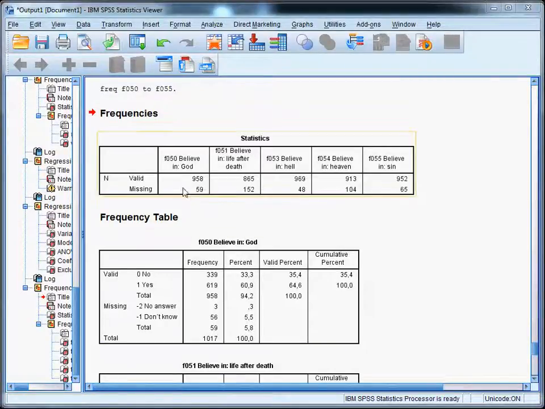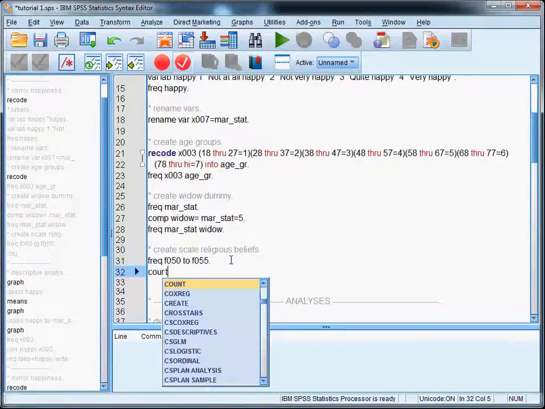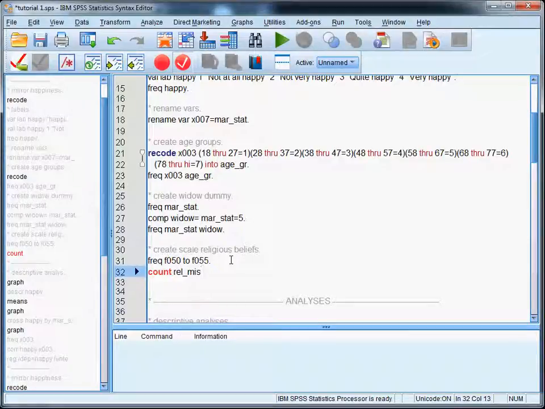Well, one thing you should notice is that there are quite a few missings here. So one thing we may want to do is to count the number of missings across these 5 variables. So let's try to do that. It's not very complicated. It's the command count and then a name of a new variable, such as religious missing, and then the names of the variables you want to count across, and then finally between parentheses what it is that you want to count. In this case I want to count the missings. So let's run this and let's take a look at the results